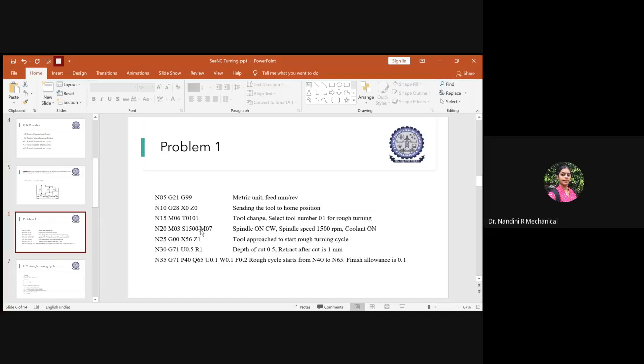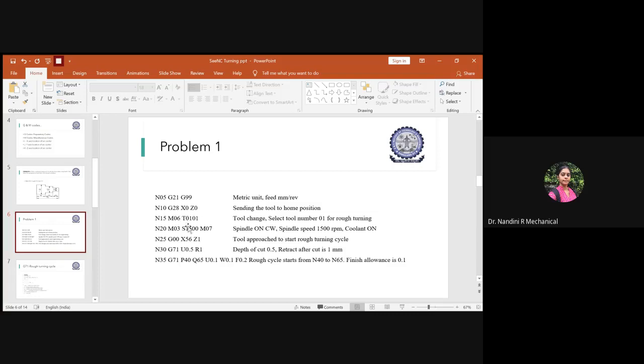In order to make the operation tool change, you should always write M06. M06 stands for tool change. Without writing M06, if you directly write T01, you cannot change the tool, you only select the tool. So be careful, first write the code for the tool change, then select the tool which is needed.